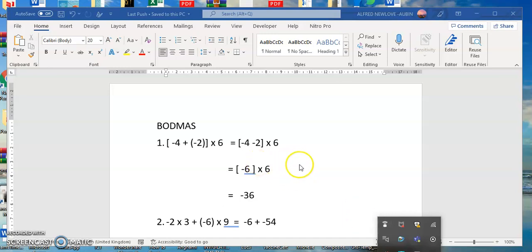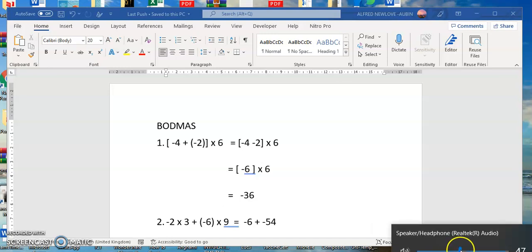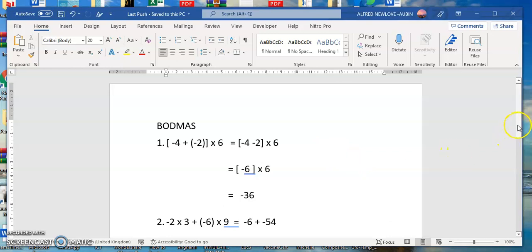I just want us to go through this one, which is going to help us in our test. We didn't revise this one because of time. So I want us to go through this one using the BODMAS. Assuming you are told to solve this